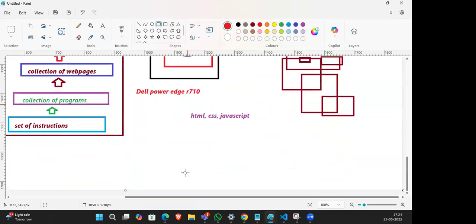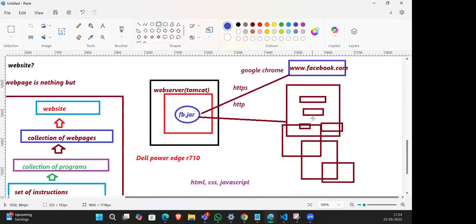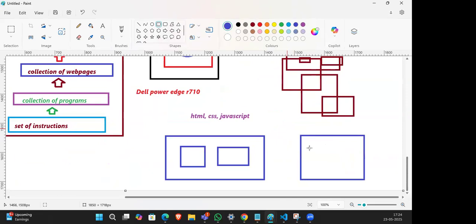So what is a static website and a dynamic website? A dynamic website, like Facebook, involves an application server and a database server. That is nothing but a dynamic website. And a static website is one where we just see the pages. So one application server is enough to deploy